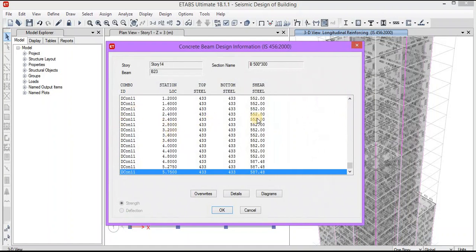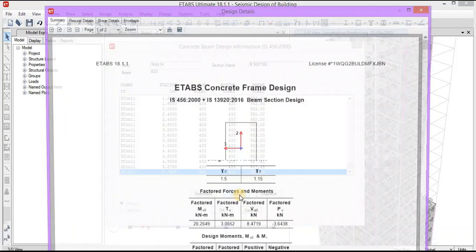You can see the load combinations and the bottom steel, top steel area. Similarly you can also see the detailing.